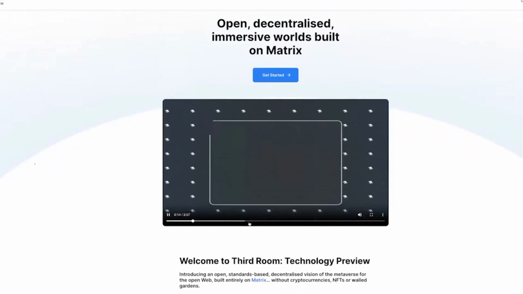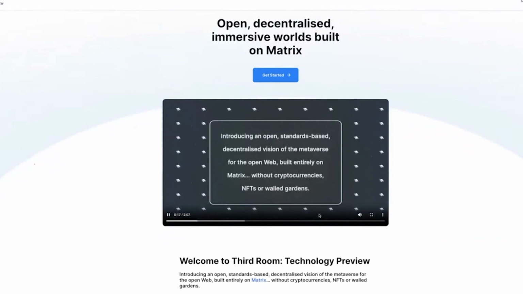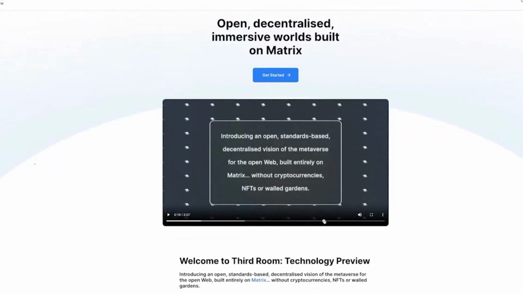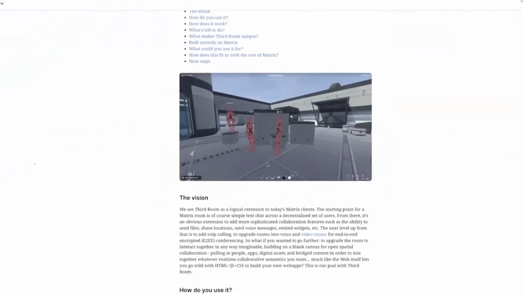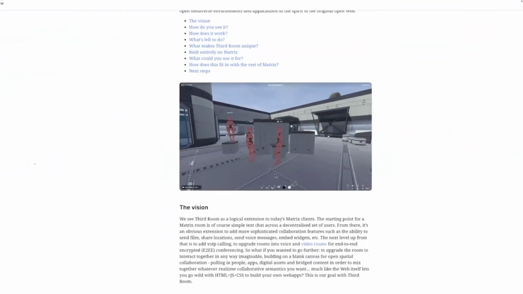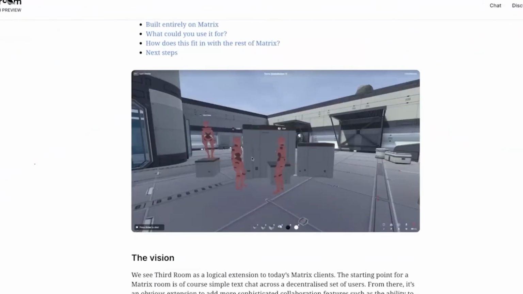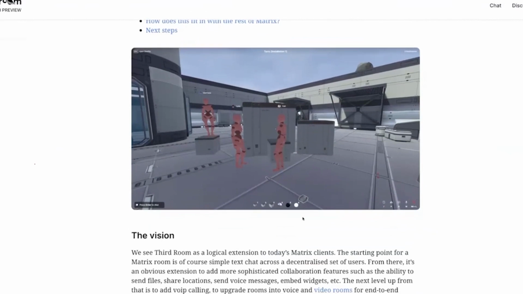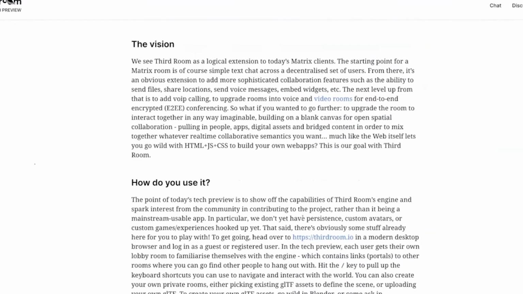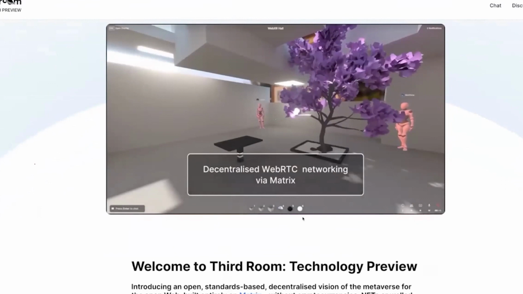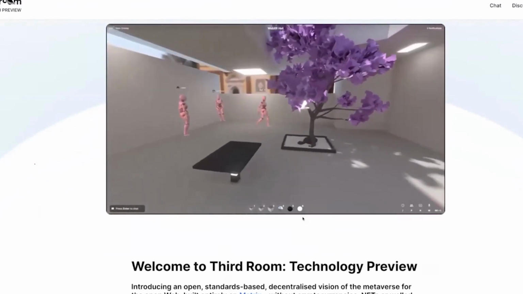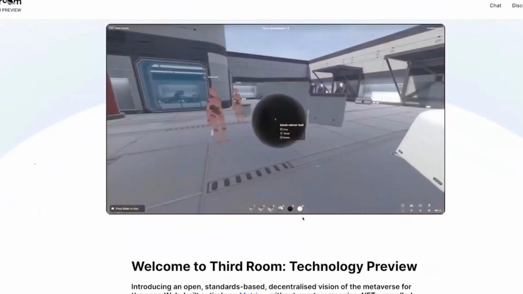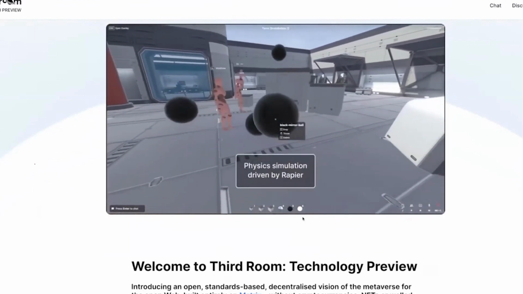I'm trying to skip to the part with demos, but I can't skip. But yeah, there are some images you can see of the app, and there's tons of stuff that you can do in here. There's, of course, multiplayer, but at the bottom you can see there's asset generation. And Third Room's been very focused on doing it from a standards-first approach, very similar to what I was mentioning earlier. Super cool physics.